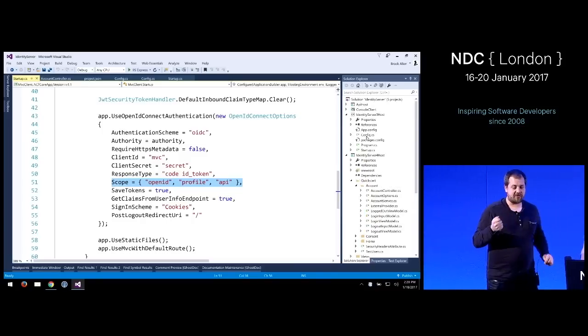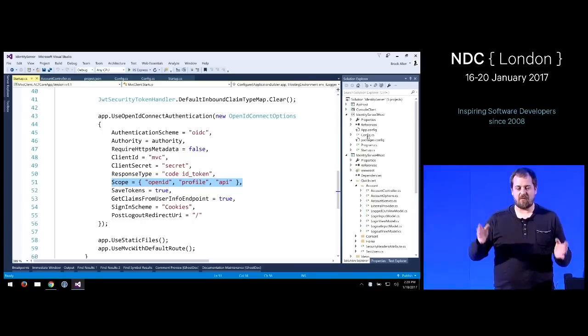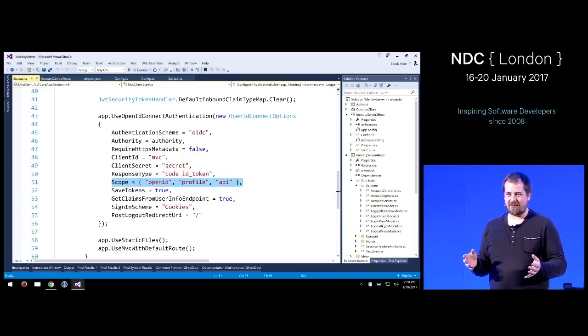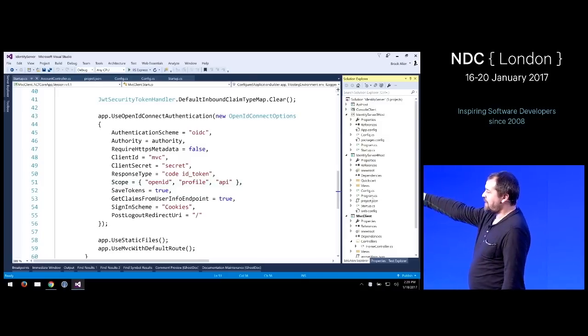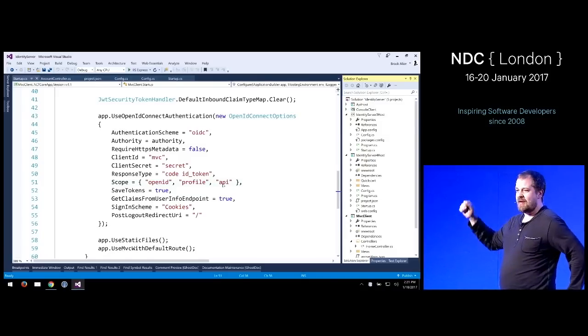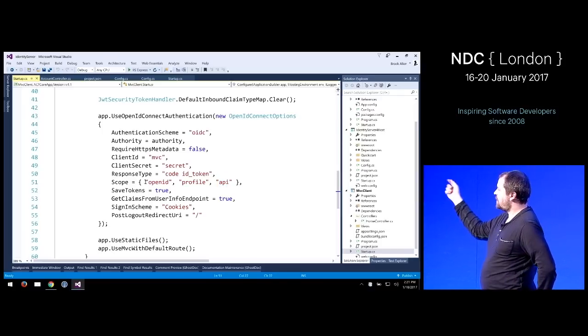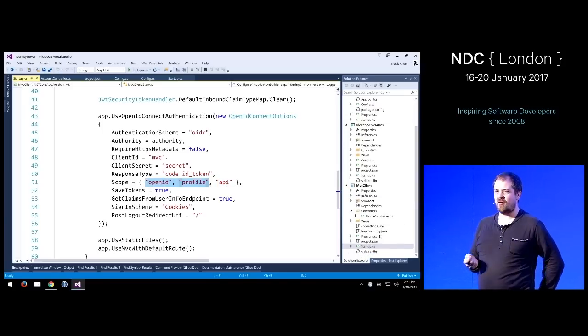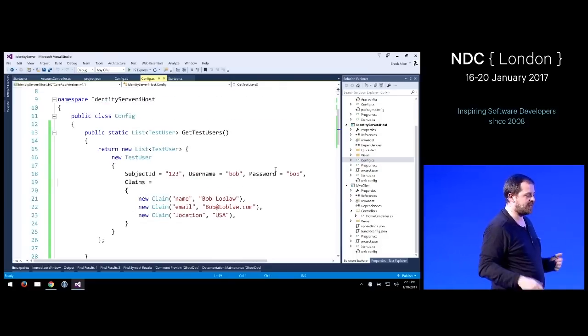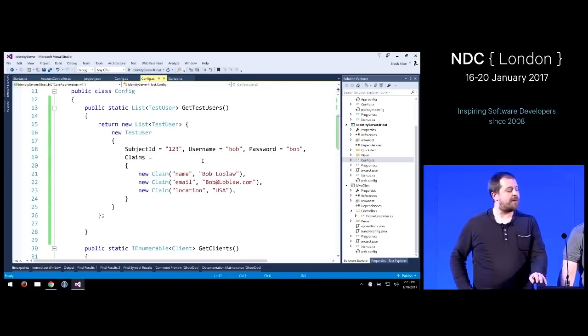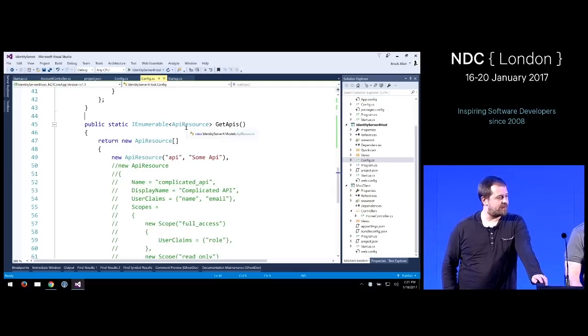The first thing we should create are the scopes, and the scopes don't exist anymore, as we just learned. So the API scope became an API resource, and OpenID and Profile are identity resources. So these are the two types of resources we are guarding with IdentityServer. So we need to register them.